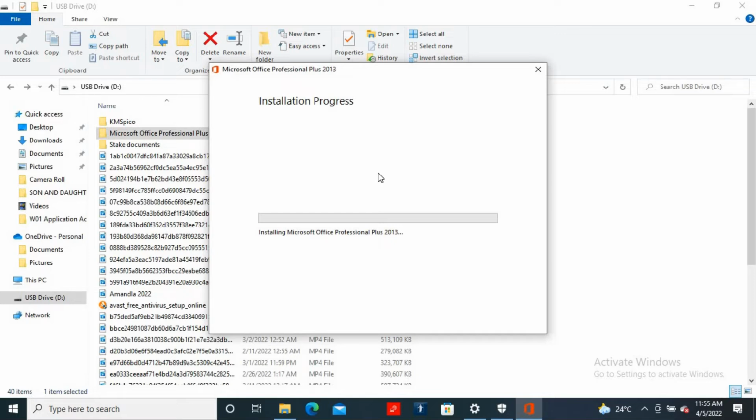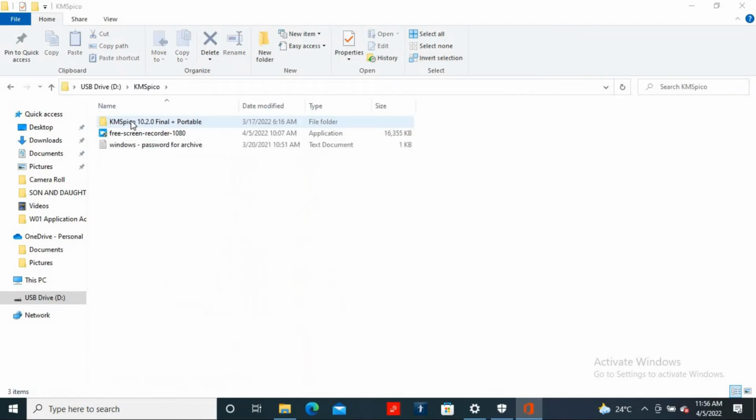Now once it has fully installed, you will install what we call KMSpico, as you can see right here. All right, so long as it's installing, down at the description box there's a link for KMSpico. You will just go ahead and